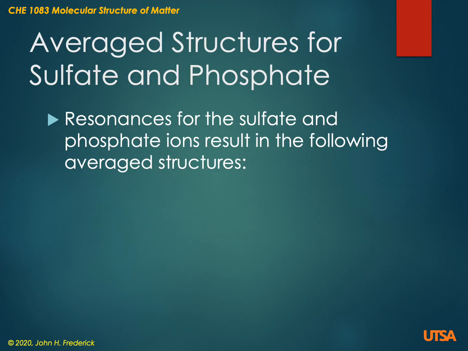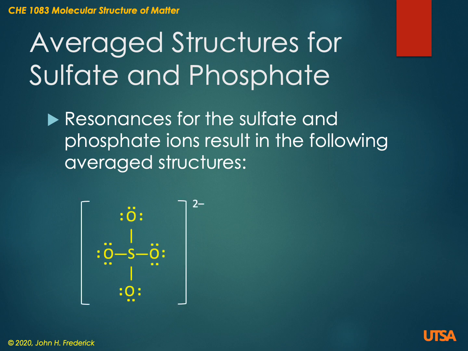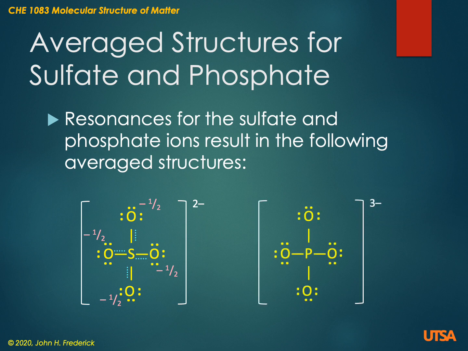Okay, the resonance structures result in the following average structures for these two ions. Okay, for sulfur, we would form 4 partial bonds, partial double bonds to the oxygens. Each oxygen atom would have a -1/2 charge on average. Okay, what we want is we want all of those equivalent atoms to add up to the total charge on the ion. Since the total charge is -2 and there are 4 of them, each of them must have a